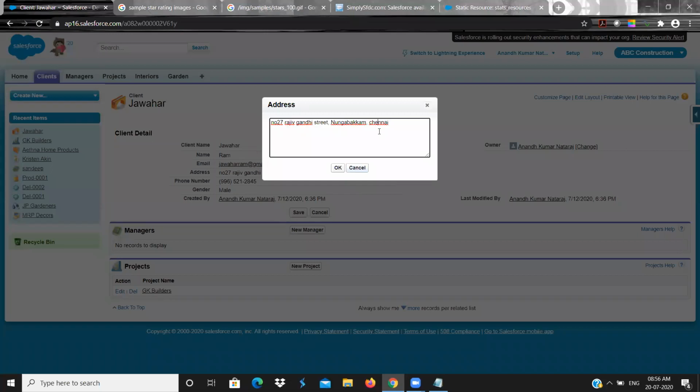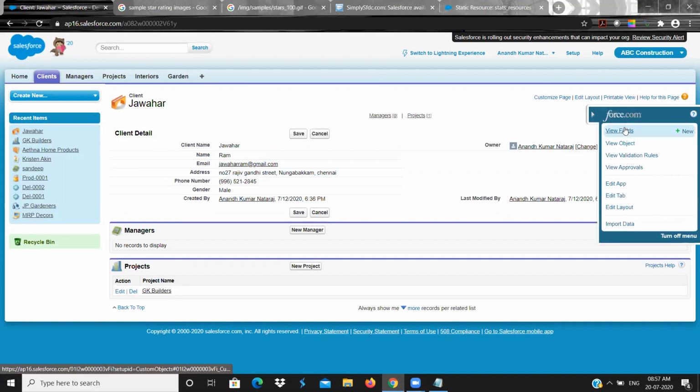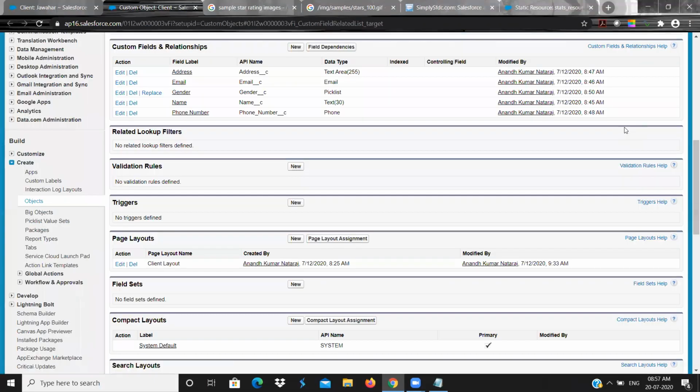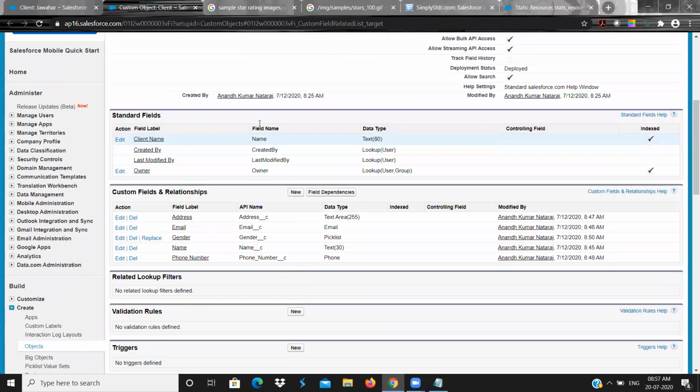For example, if they are giving some value in the address field, right? If we wanted to check that the address should not be blank, for example, if they are not giving any value in the address, then you should throw an error.